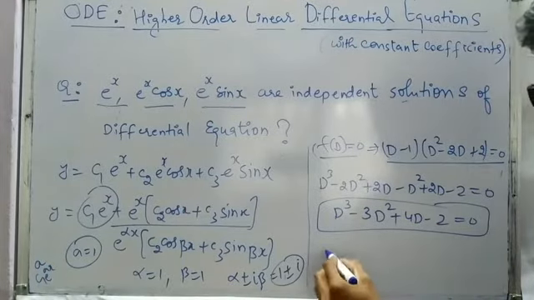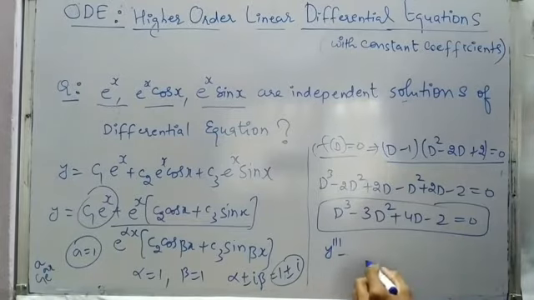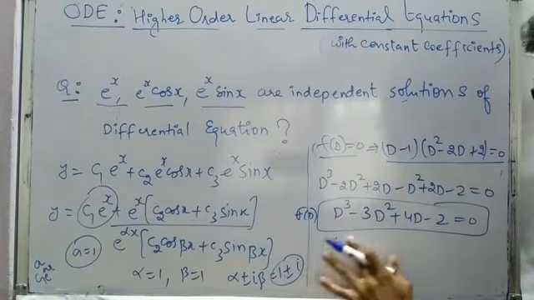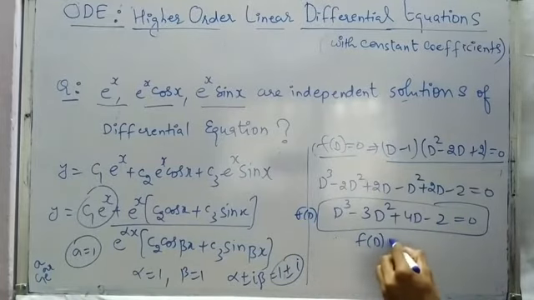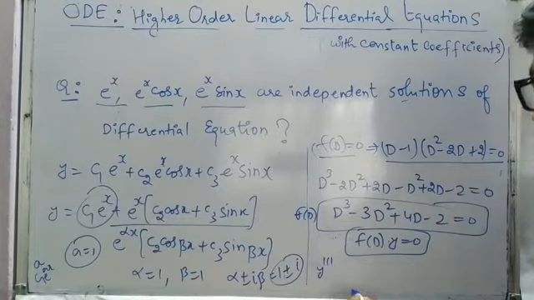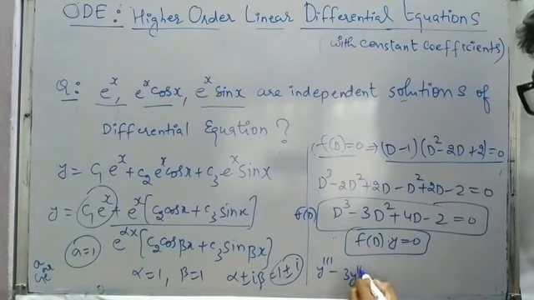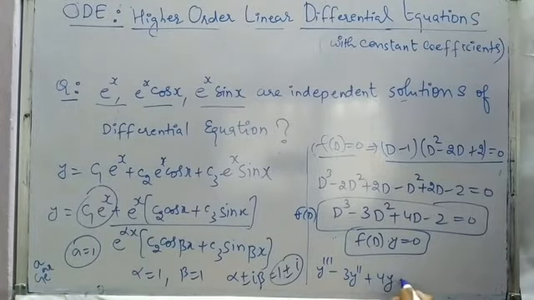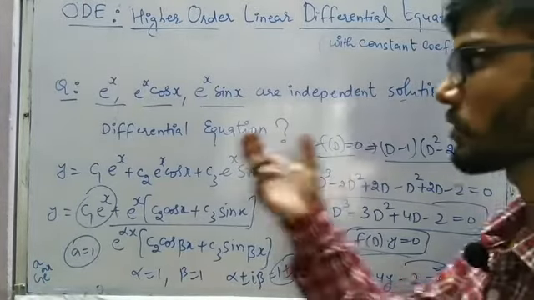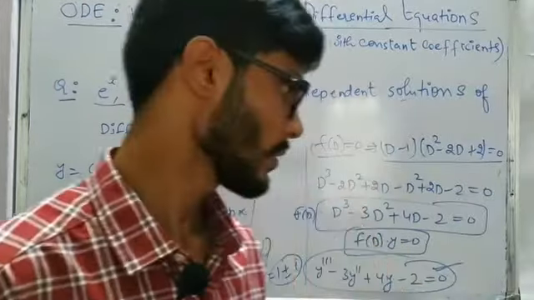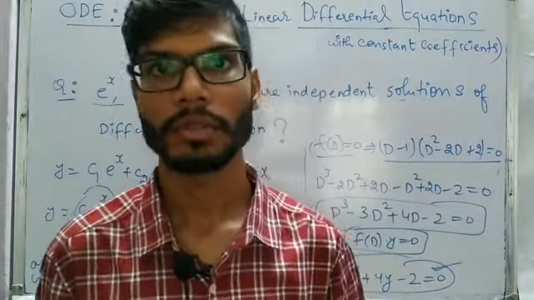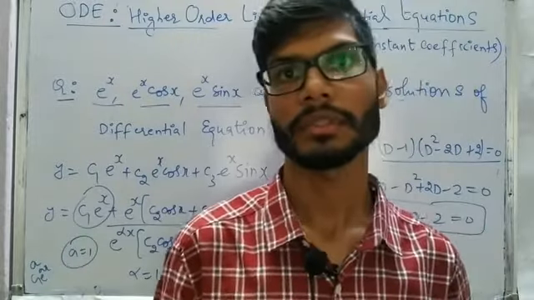This is going to be our differential equation. If you wish to write it in terms of y, f(D) equal to 0 is the operator, but our differential equation is f(D) y equal to 0, so the y term we have to include. Our equation will be y triple dash minus 3y double dash plus 4y dash minus 2y is equal to 0. That's how you have to approach it if the solutions are given and the differential equation is being asked. That's the complete idea in the forward manner and in the reverse manner as well.